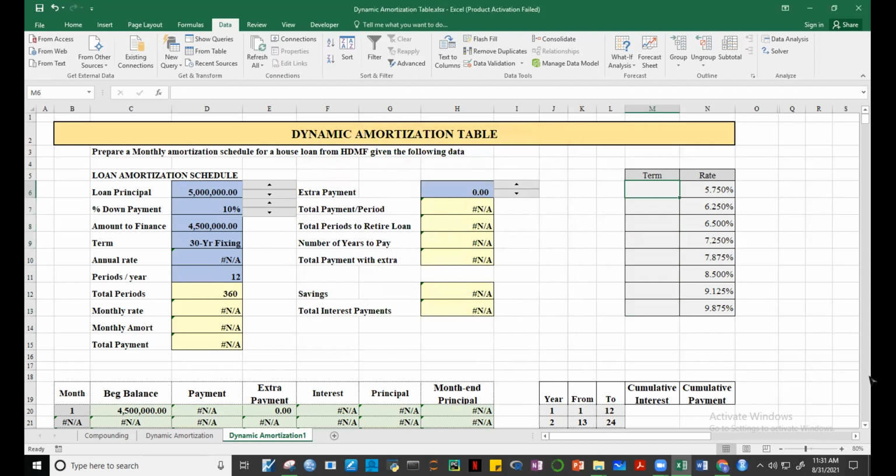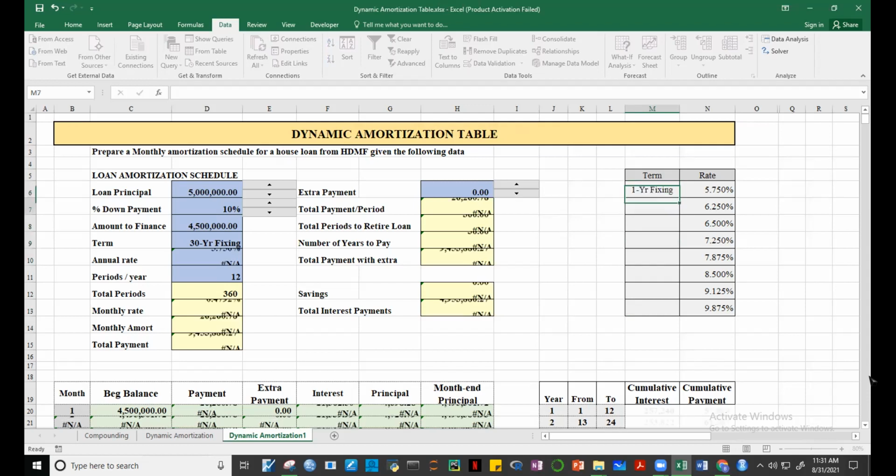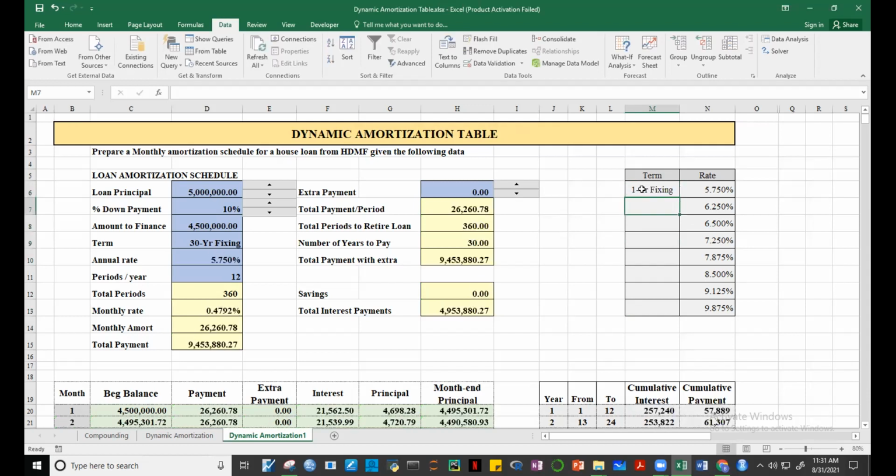Ang ilalagay ko lang dito 1. Okay, if I write 1 there sa term, guys, what do you notice? Ina-affix siya yung year fixing, di ba? Pero, it's treated as a number. 1 siya. 2, 5, 10, 15, 20, 25, 30. Okay? So we now have this, guys, yung nakikita natin sa pag-ibig amortization table, pero it's now treated as a